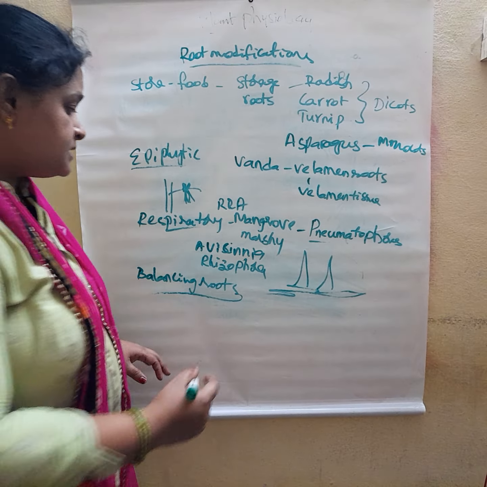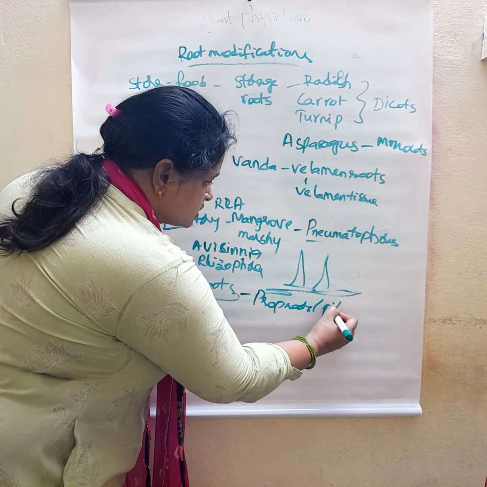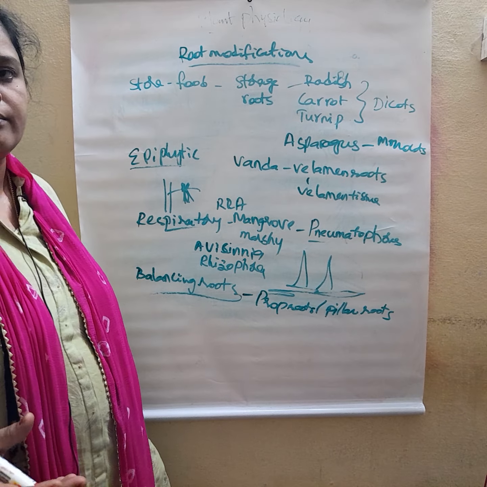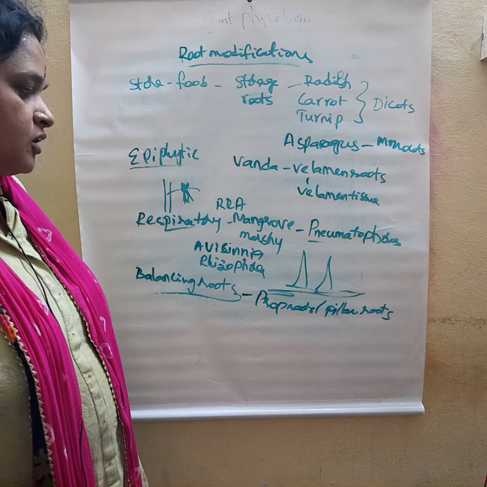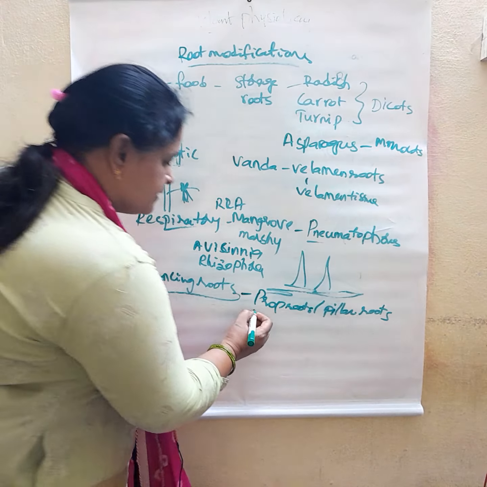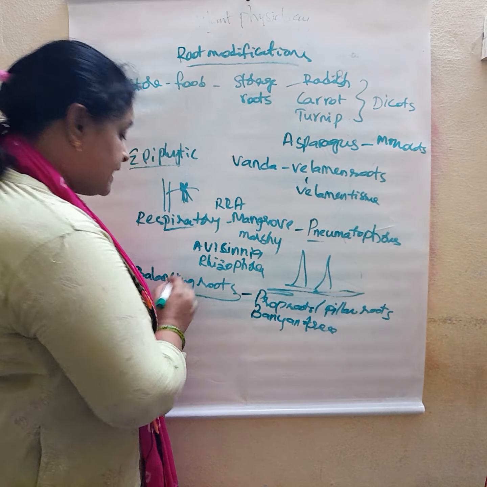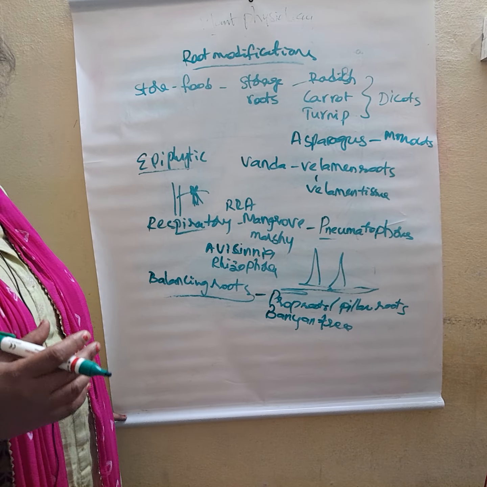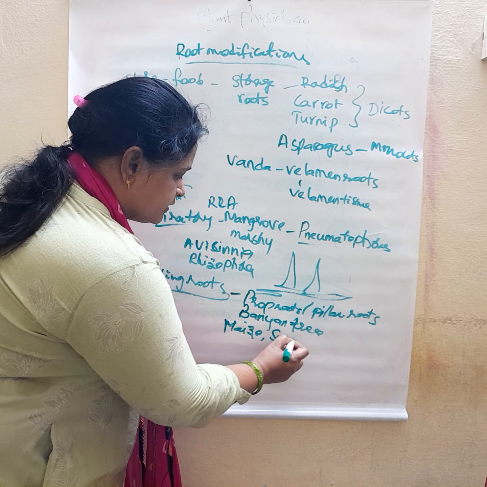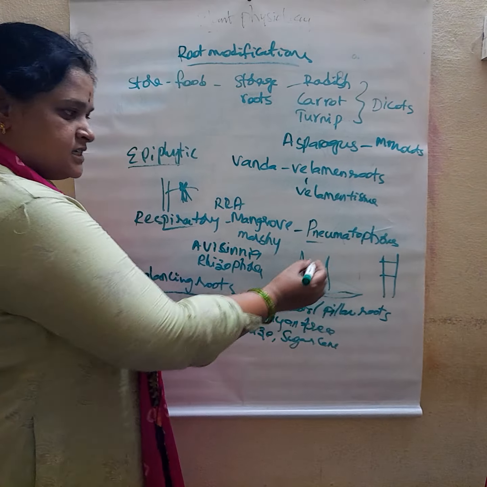They are also called prop roots. They are called what? Prop roots or pillar roots. They help in giving balance to the tree. Okay, they are called prop roots or pillar roots. Example is banyan tree. And some more other balancing roots are there in some plants like maize and sugarcane. Actually, in this maize and sugarcane,